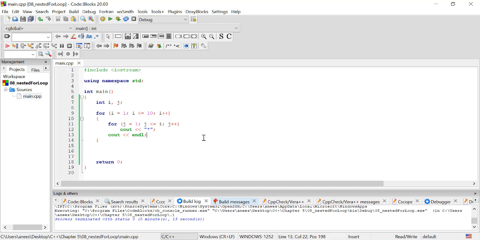Now I can't teach you every way to make a nested for loop, but I'm just hoping that showing you how to make one in this case will help you make better decisions while making one. Now I hope you guys